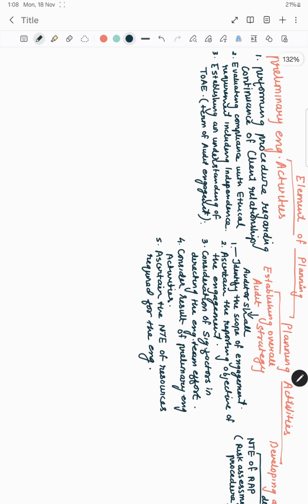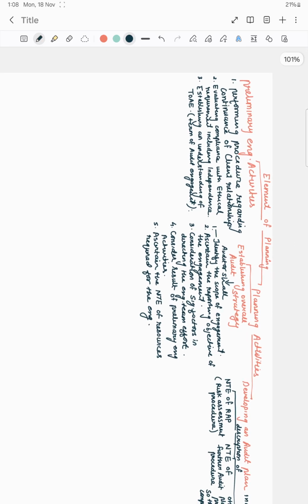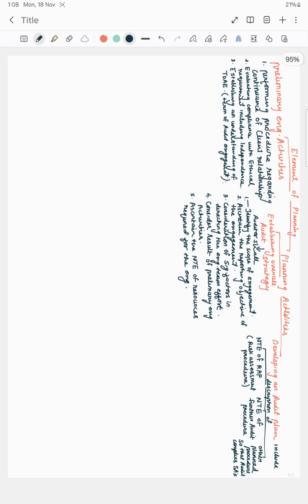So these are the preliminary activities. Now this is the part of the elements of planning, but before that,